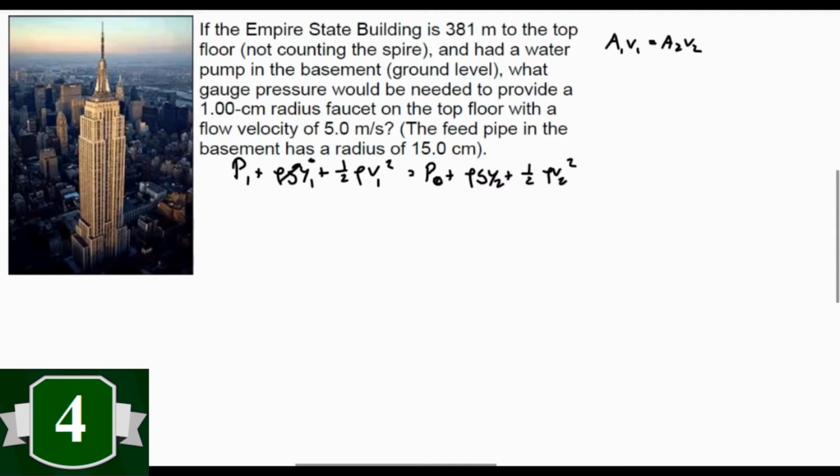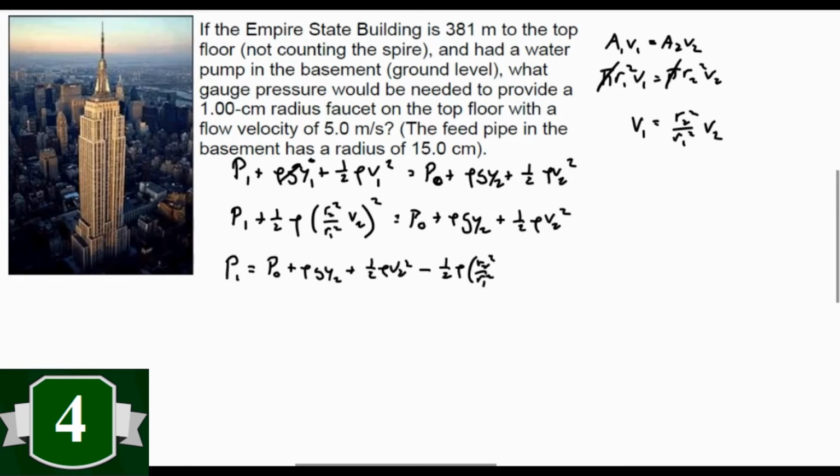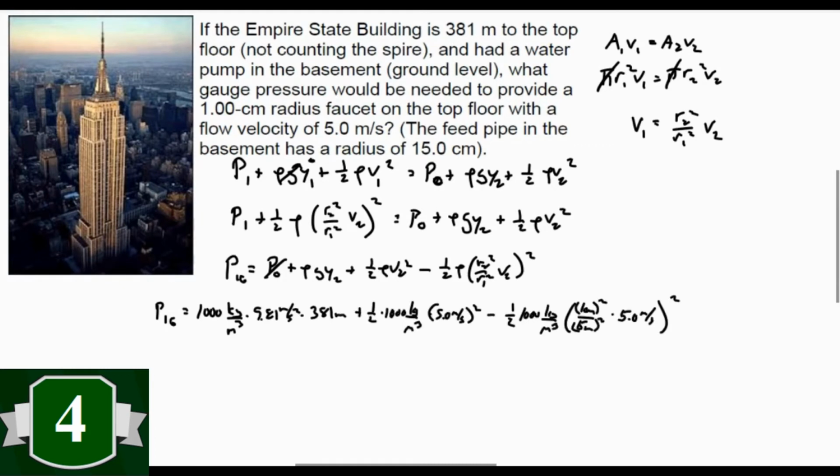We can then take the equation of continuity and solve for V1 in terms of V2. Substitute that into Bernoulli's equation and solve. The math looks a little messy, but it's just algebra. Plug in our numbers, and let's take these individually so you can see the contributions of each thing. The height contribution turns out to be